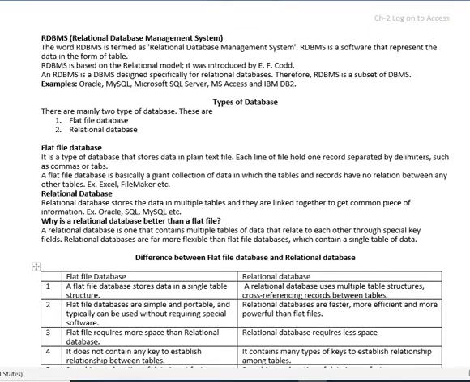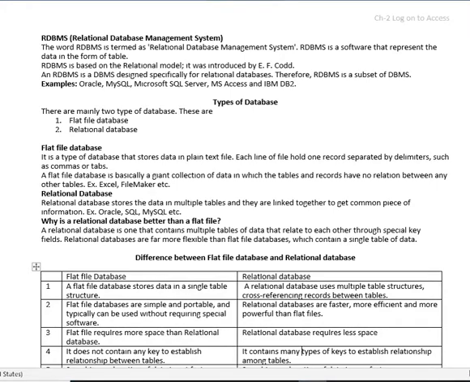There are two types of database: flat file database and relational database. A flat file database stores the data in plain text format, while a relational database stores the data in multiple fields and all are linked together to get a common piece of information on the basis of certain conditions or a certain field.